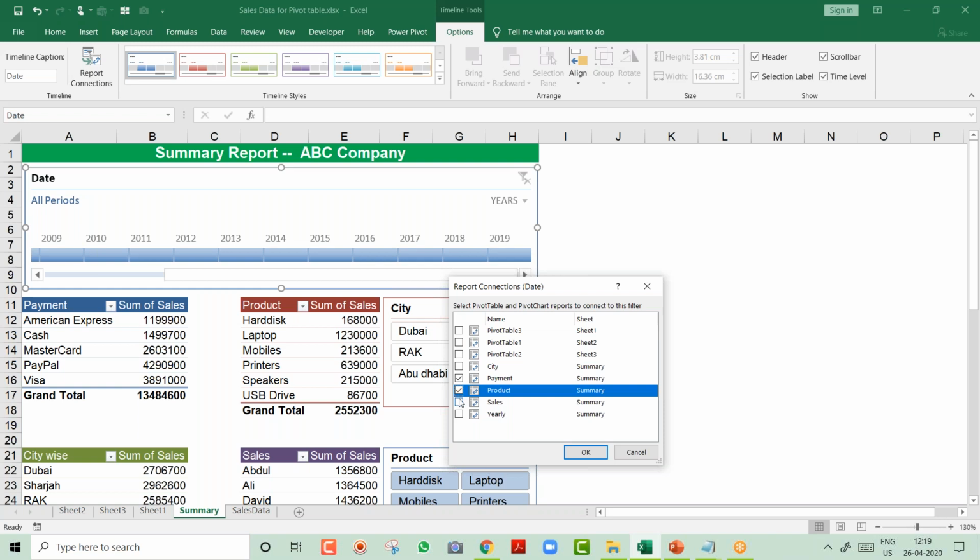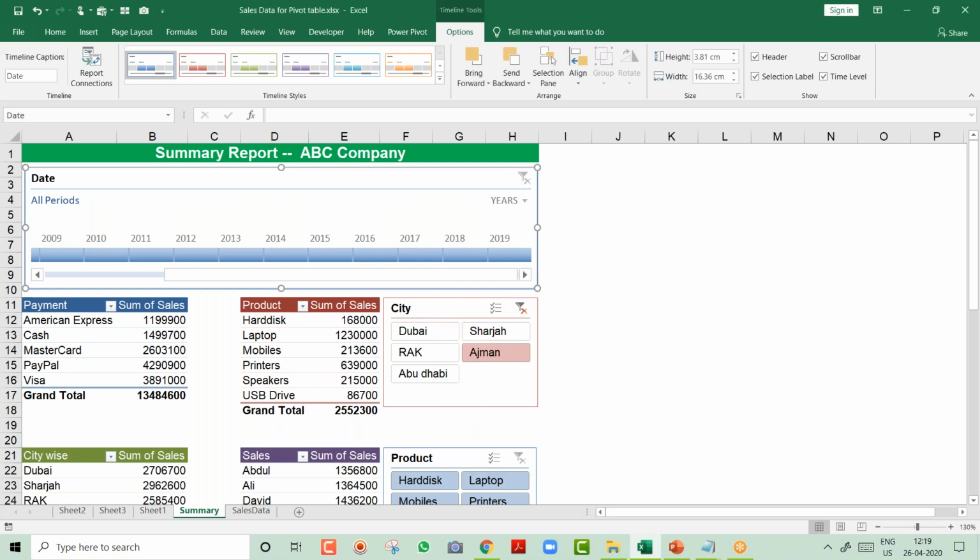So I want to connect product wise, sales wise, city wise. I don't want the yearly to get updated. Otherwise, if I click on 2013, it will show me 2013 sales, but year wise I want to see all, but here it should update only of 2013. And I say okay, I have just only 5 minutes, but I don't think I will be able to complete. Okay, it's a very big topic.